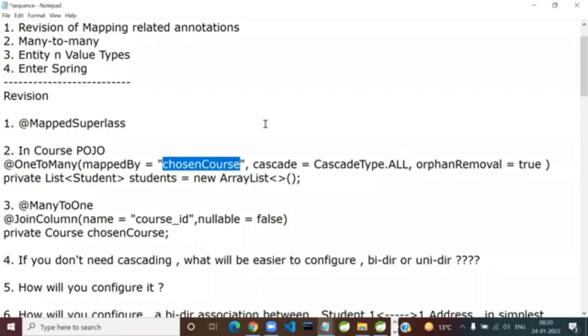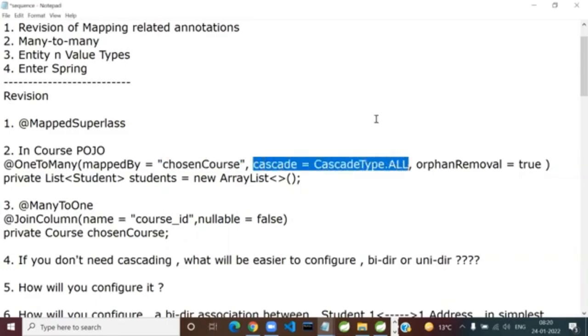So in simple English, this is just to tell Hibernate who is the owner of the association. So who is the owner of the association in our current case? Course or student? Student is the owner of the association. Very right. Next question. If you don't mention the cascading, what is the default value of cascading?